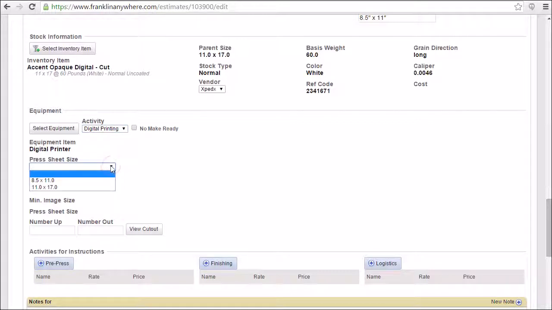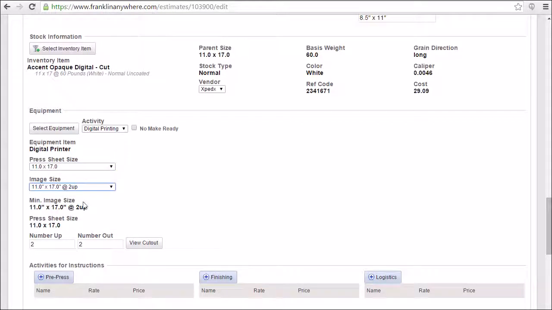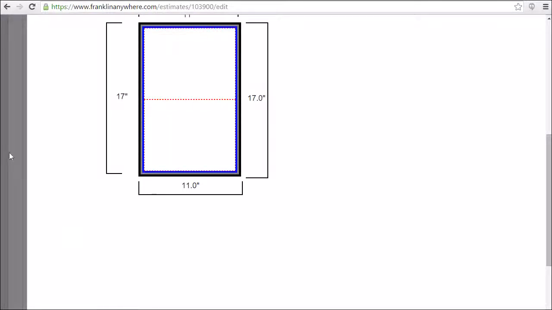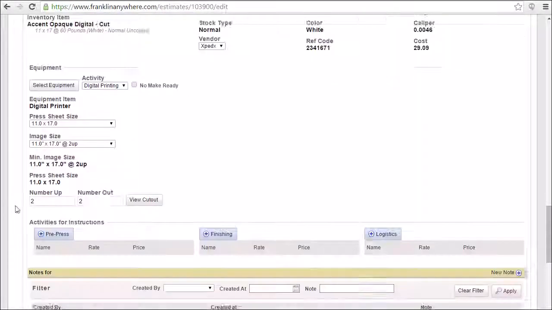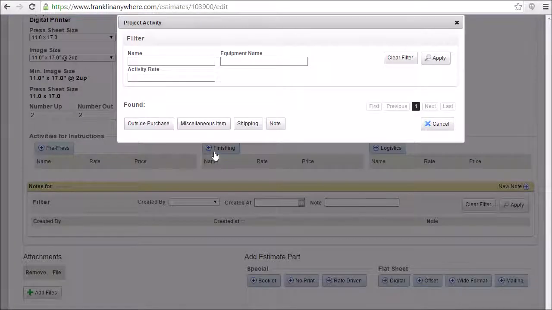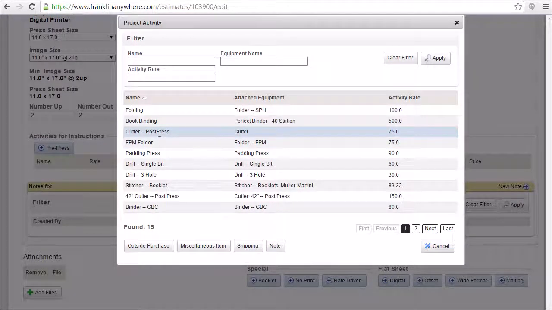What is my sheet size? Let's make it 11 by 17, and my image size 2 up on 11 by 17, and there you see 2 up, 2 out, and if you want to look at it, there's the cutout from the 11 by 17. Scrolling down, we will have to cut this job when we're done into the 8.5 by 11, so I select my cutter,